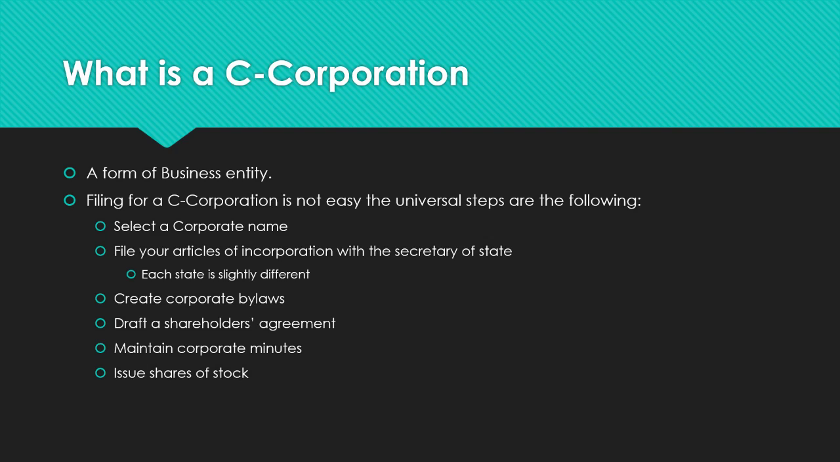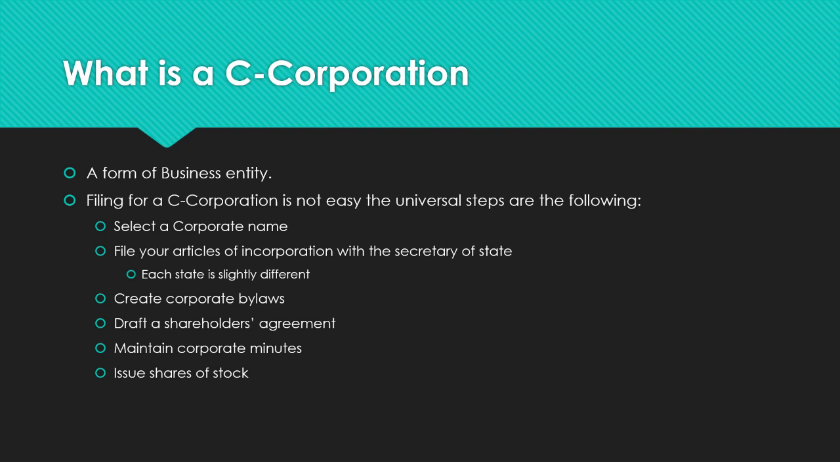First, you must select a corporate name. This is up to the forming parties. Then you need to file your articles of incorporation with your Secretary of State. Now, each state is slightly different. In the state of Kentucky, this can be done all online for a small fee. It's $50, I think, in the state of Kentucky. And then in a couple days, they'll mail you a piece of paper basically saying, congrats, you've been incorporated in